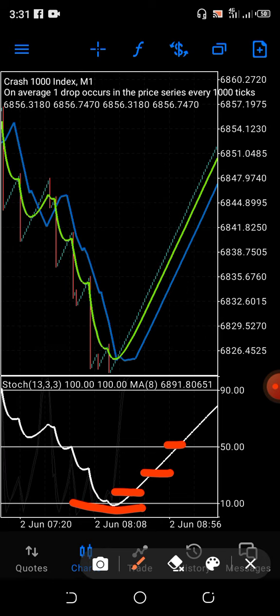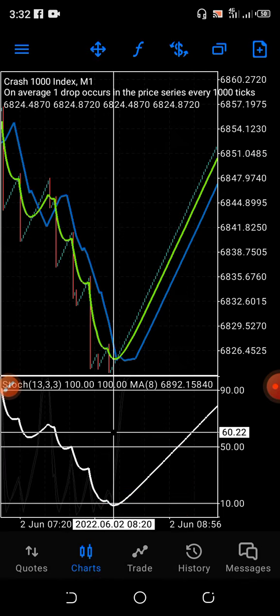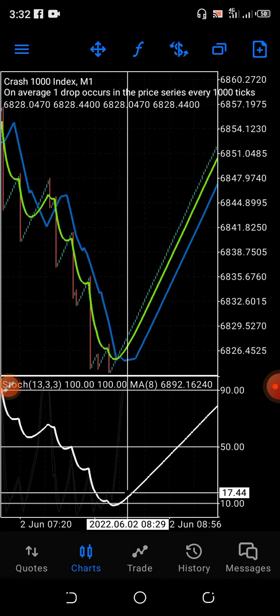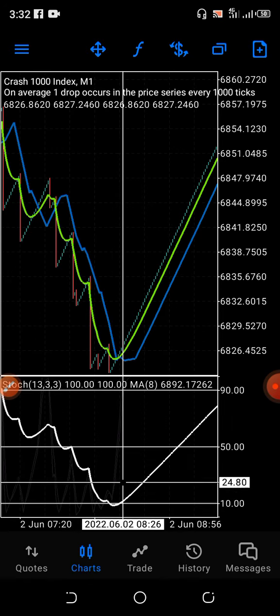But trading requires a lot of attention, a lot of commitment. So when you enter somewhere here and you trade to this place, don't allow it to touch 50, because a spike can go like this and take all your profits. So once you do like that, you take from there, you take from here, because if you watch it, this thing is coming out from here, there is a cross here. Can you see it here?